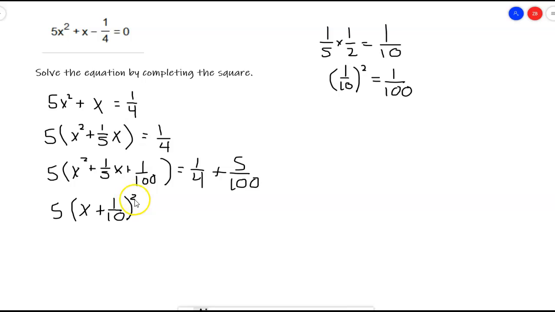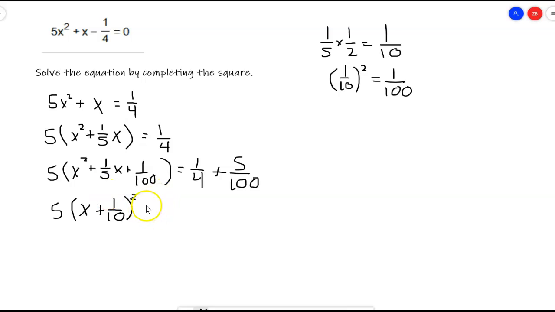And that's squared. Now, this is a binomial squared here, and if we were to actually FOIL this out, we would get this back. So in order to write something as a binomial squared, it has to meet certain conditions, and that condition is that that constant value in it is half and then squared of that middle value. So since we wrote it that way now, we can rewrite it as this, which is going to help us